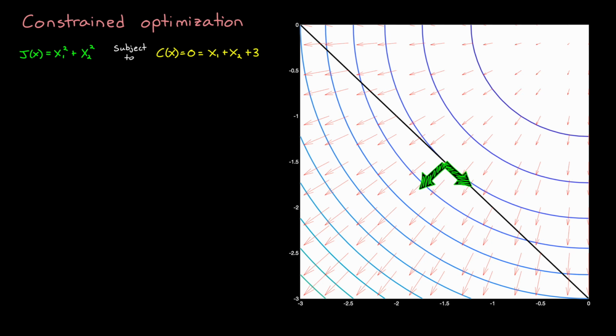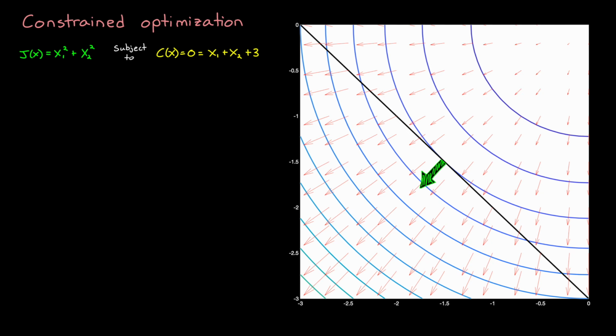And this makes sense, right? I mean, if the gradient is the direction of the steepest travel, and you're walking perpendicularly to that, then you're not going up or down right at that point. Your path is flat. Now, to calculate this point, we can do something clever. We can compare the gradient of the objective function with the gradient of the constraint.